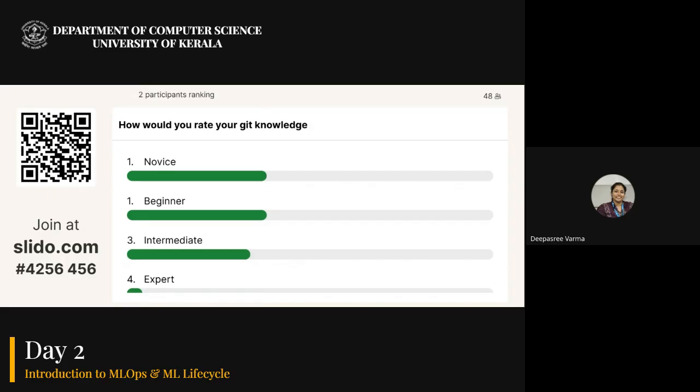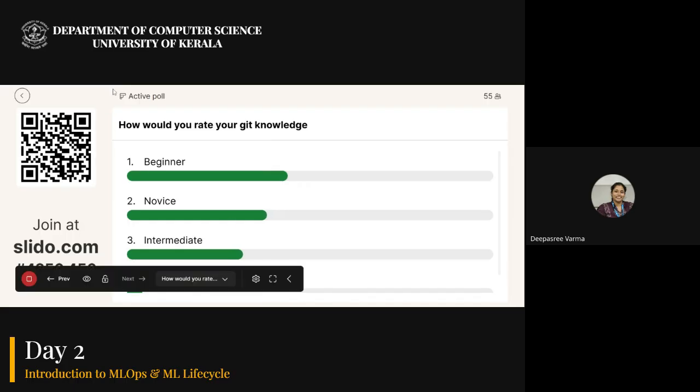And it is more than 50, I will stop this. So yes, again, I see a similar trend here also. More people are novice or beginner, so they haven't used it. Novice in the sense they have not used it at least once, and we do have some intermediate users as well as experts in this. Okay, so clearly the trend is towards the beginner stage.